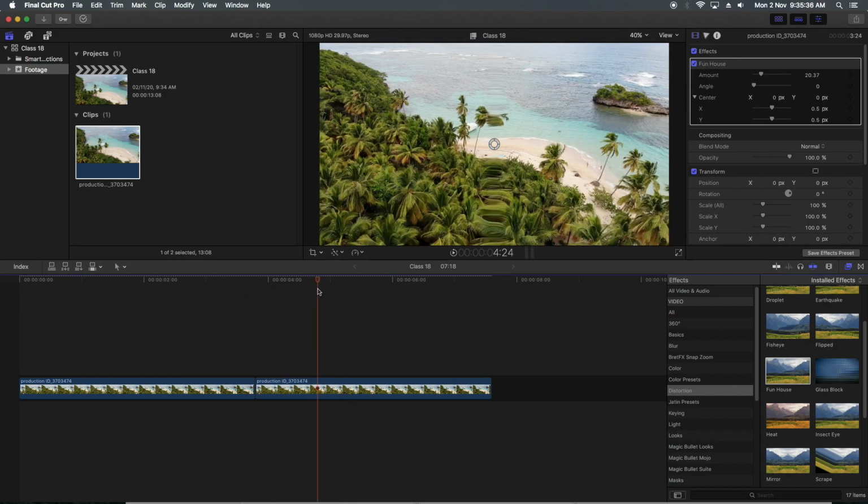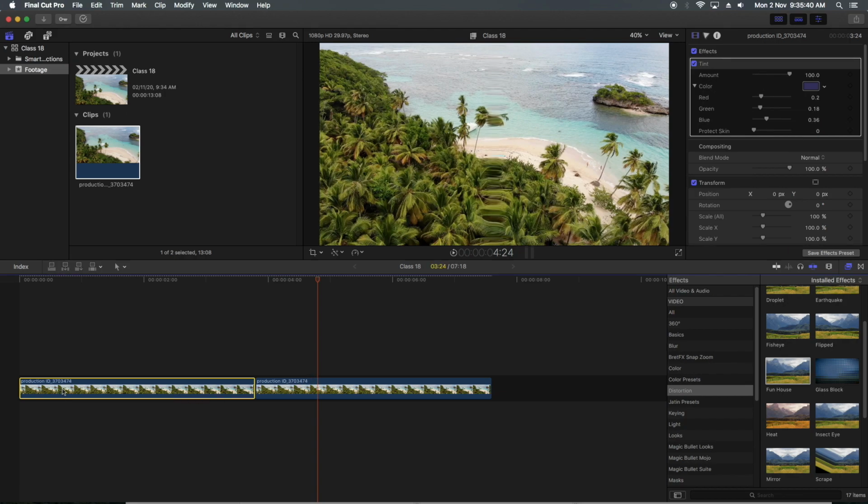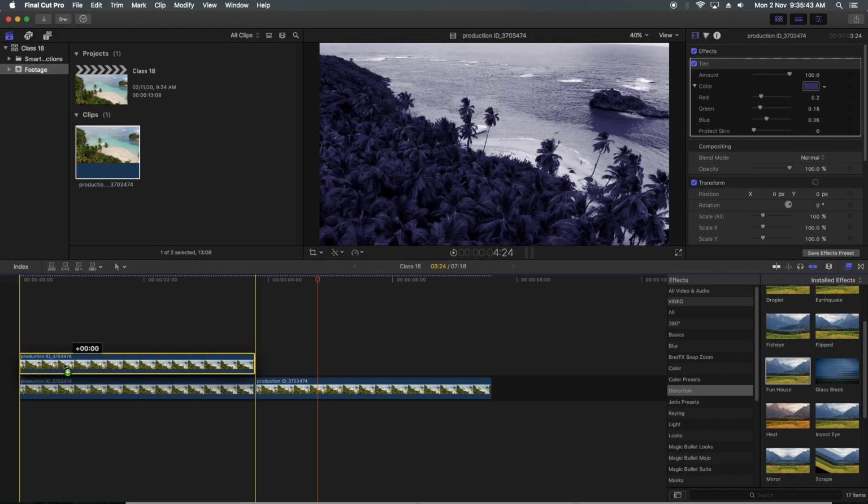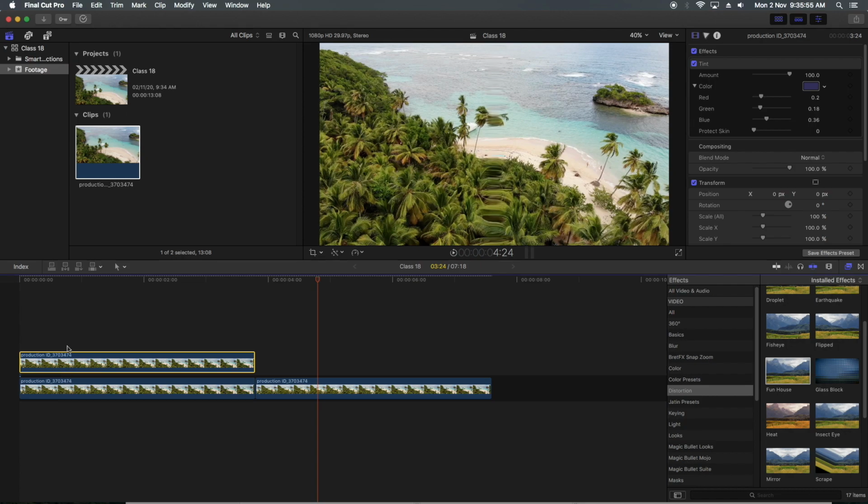But this is a very lengthy process. Or what we can do is option click and drag this clip up. By option clicking and holding, if we drag this clip up and then release my left mouse button, it will duplicate the video layer. Or audio also.